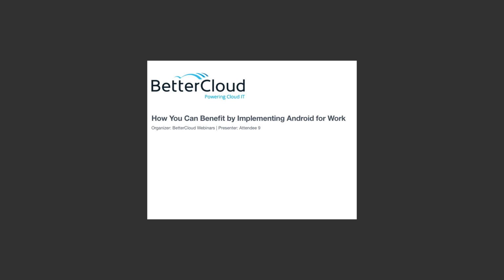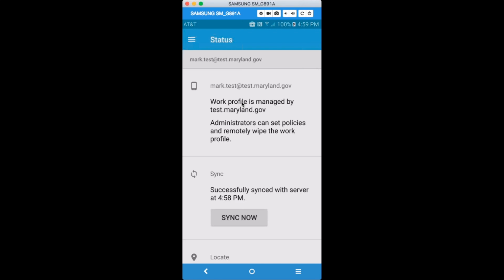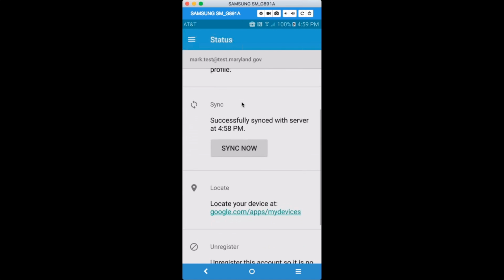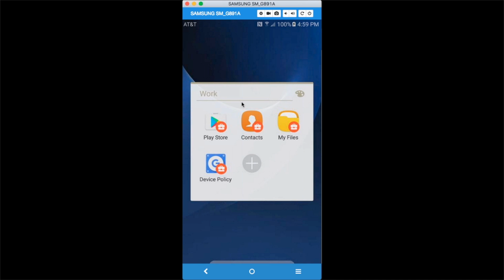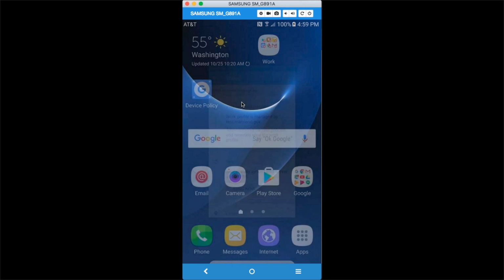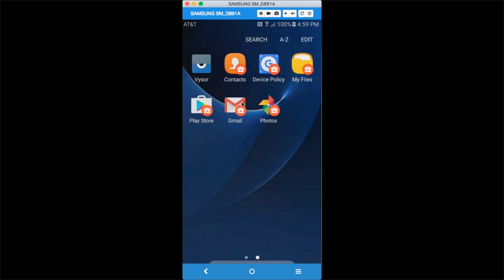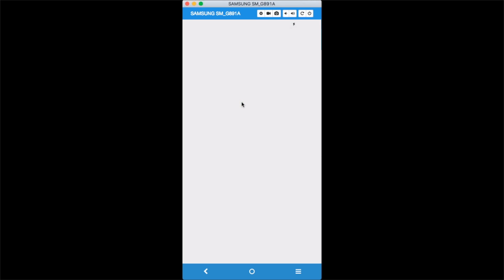Show you what happened. So now, as you can see, the profile's been created. At the top of the screen, you see a work folder, and you actually now see some apps already starting to show up. I'm going to also go into the app drawer here, and you'll see there's a Gmail, there's the Play Store, various apps. You can actually push certain apps that you want to have go to the phone automatically, which is the main perk. By going to Gmail,